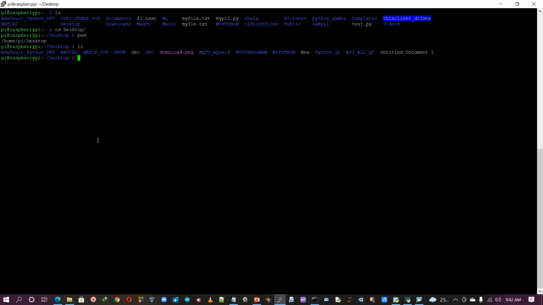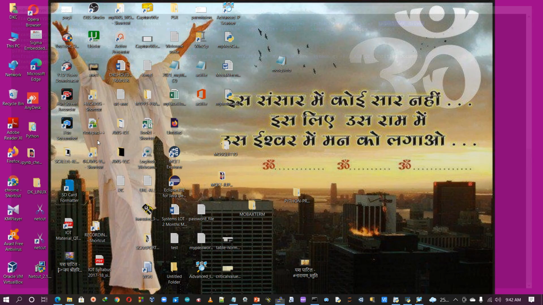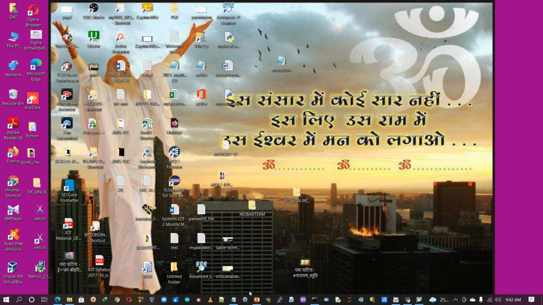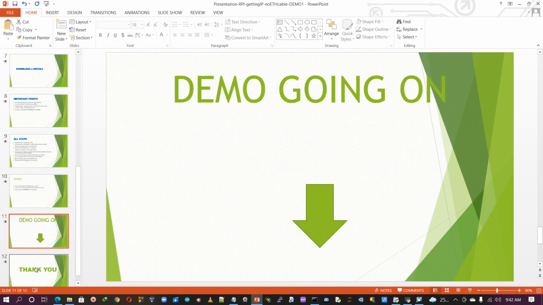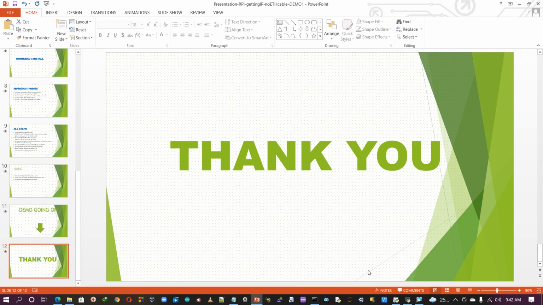So, meeting you in the next demo. Once again, this process shows how to get the actual IP address assigned to the Raspberry Pi without any Ethernet cable and without a monitor. Now I'm going to stop. Before this, you need to use exit. Yes, it is done. Okay, I'm stopping the session. Thank you for watching. Meeting you in the next session.